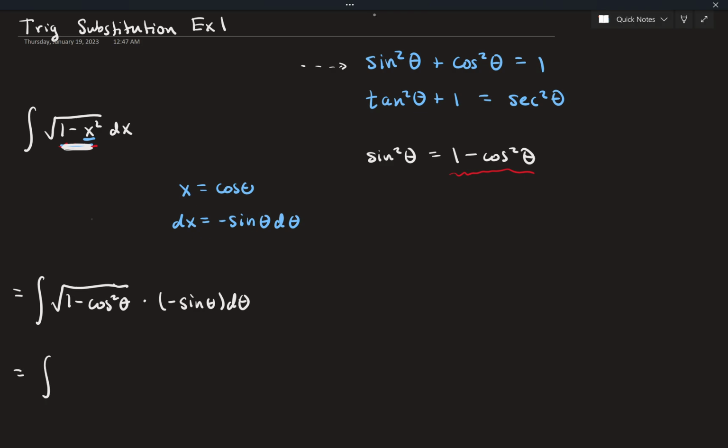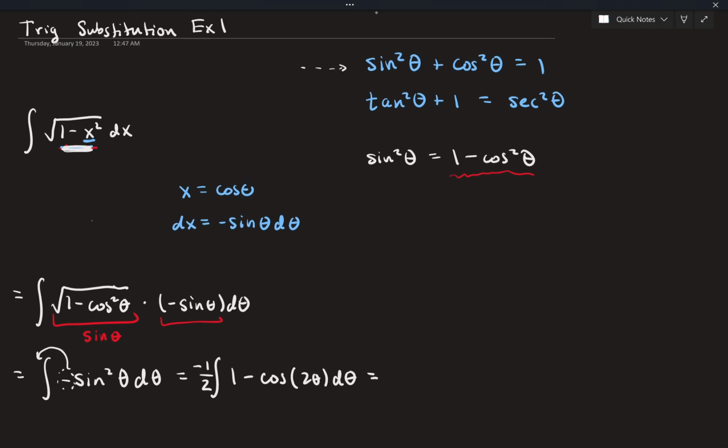Here I get 1 minus cosine squared is sine squared, and then under the square root cancels out, and I get negative sine squared theta. Because here's sine theta, and here's negative sine theta. So here's, going back to the very last section, trig integrals. You got to know your half angle formula. So this is going to be integral negative 1/2, the negative comes out, and then I'm doing the 1/2 from the formula, and I get 1 minus cosine of 2 theta,